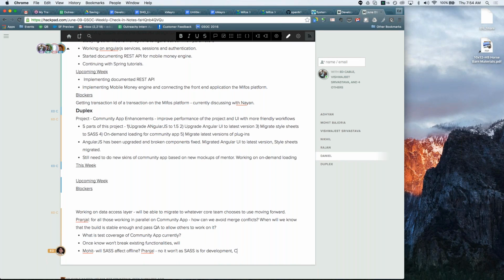No, your offline caching will work only on the build, and whatever we are changing is on the dev tooling side. So if you are concerned about the use of SASS, it's just a developer's dependency. The dist folder that you create after running grunt build will have only CSS and the same HTML files. Only the contents might change, but the files that you are storing at the client will remain the same.